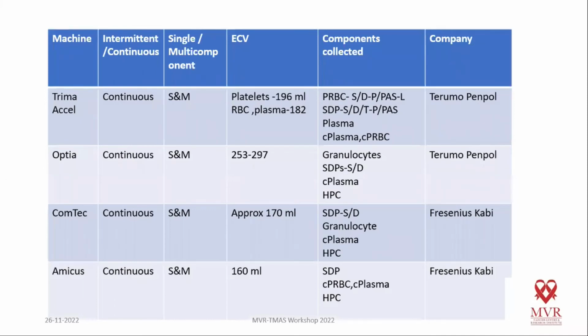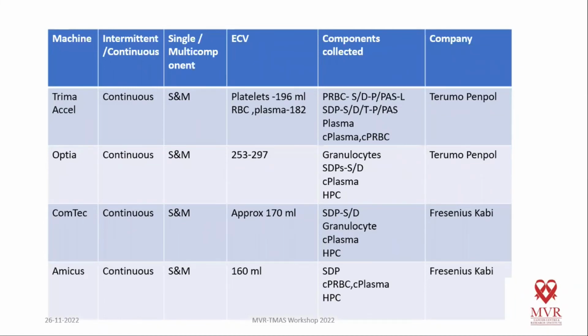So this is a concise pictorial table representation of all the machines which we have used over here. The extracorporeal volume drastically varies among the machines based on the kits which we are using. That's very important, and the products that can be prepared from it. So various machines have various